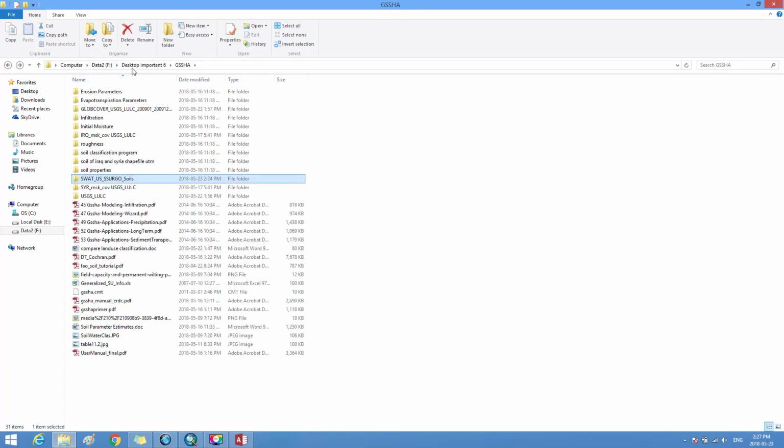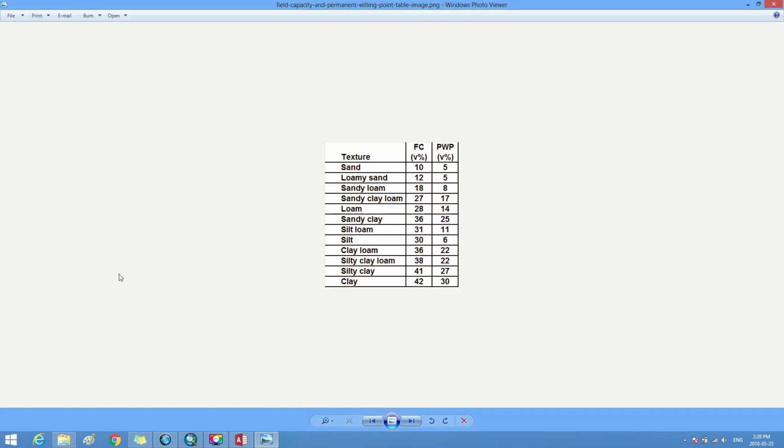As we see, in this file entitled Field Capacity and Permanent Wilting Point.png, where we open this file, the values of field capacity FC and wilting point PWP will appear according to the texture. Therefore, we need to know the soil texture